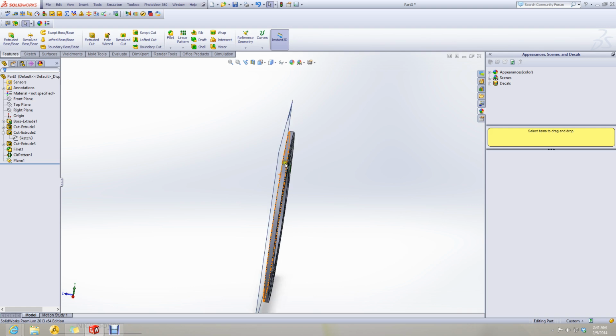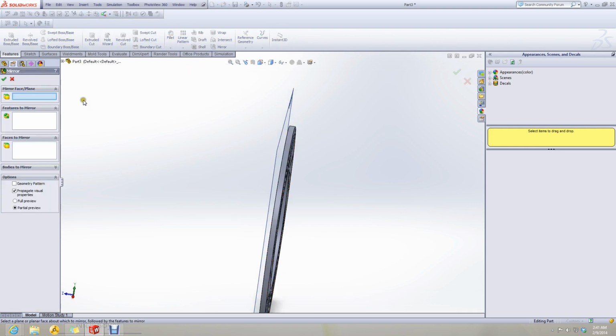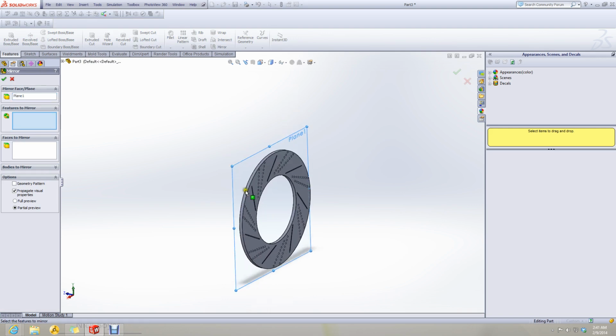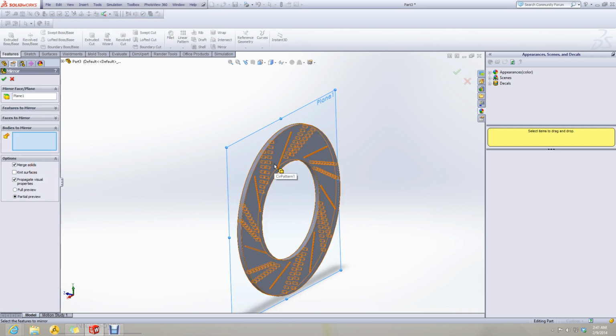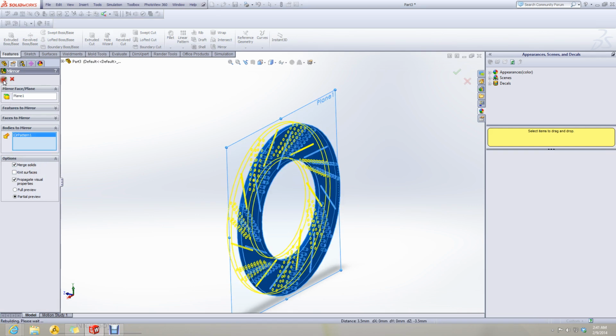Let's mirror this feature around this plane. We select the mirror command, select this plane as a mirroring face and mirror this whole body like so.